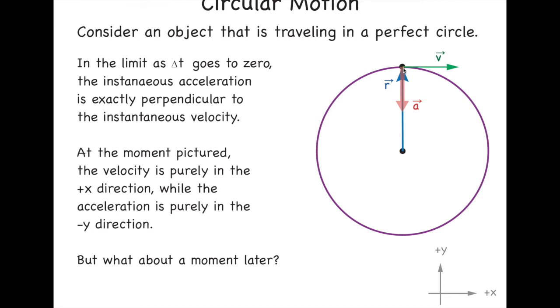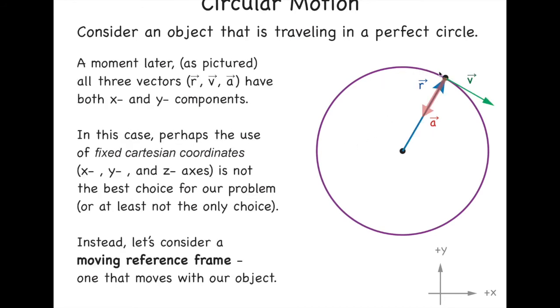A moment later, if this thing's moving in a perfect circle, it's going to move along the circle over here. Why does it move along the circle? Well, you can see that the velocity wants to carry it off along here, but it's undergoing an acceleration in this direction towards the center, which pulls this thing back from this straight line motion back onto this curved path. So if a moment later it's moved along this circle to this point here on the circle, then